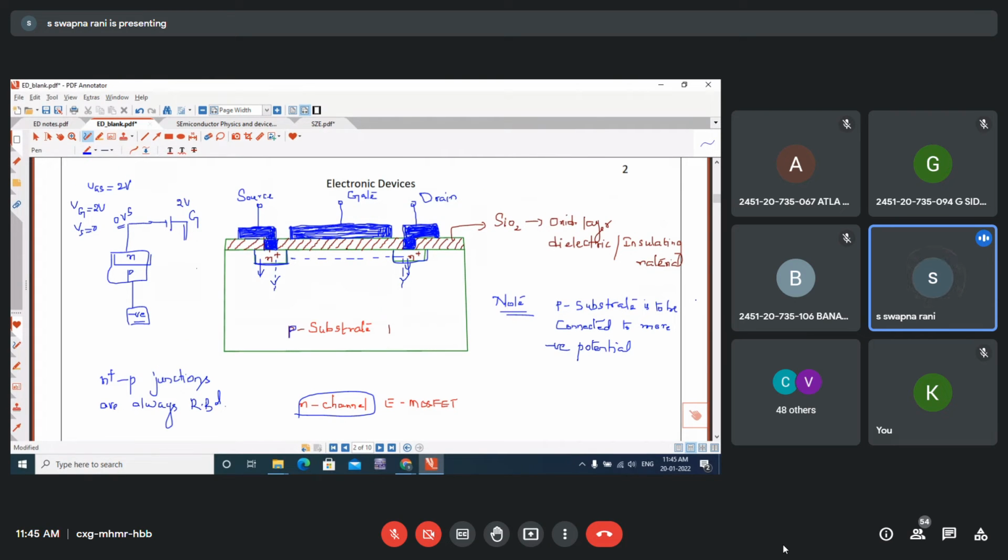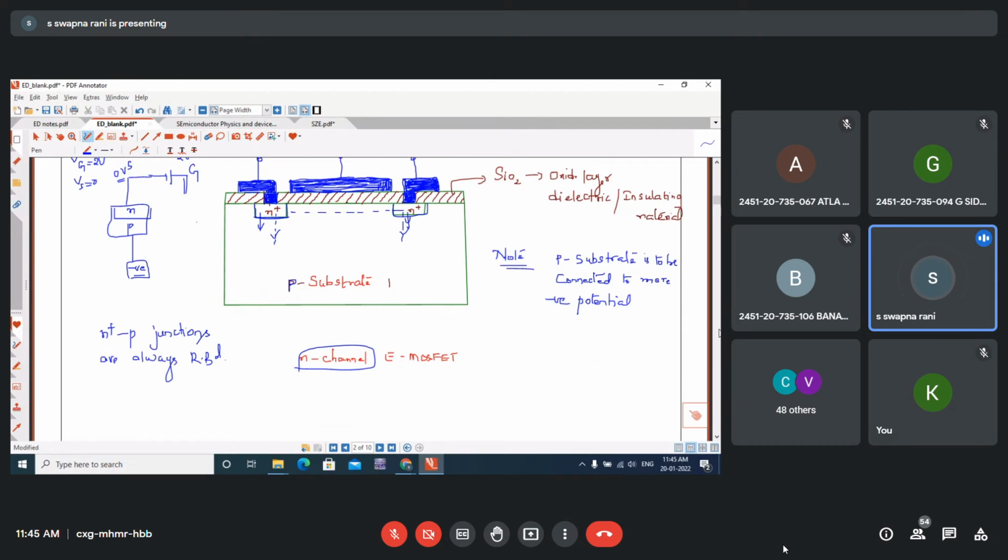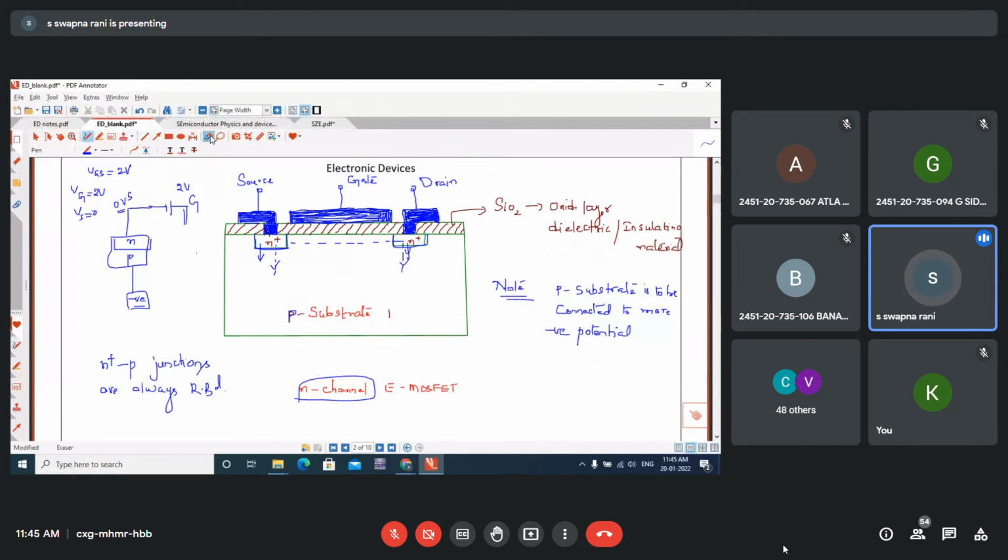Okay. So now we see the construction. Initially you need to observe that there is no channel existing between the source and the drain. The substrate is just the supporting material, or silicon wafer, over which this MOSFET is constructed. So there should be physically some channel. Some n-type material, an n-type channel, must exist between the source and the drain, so that